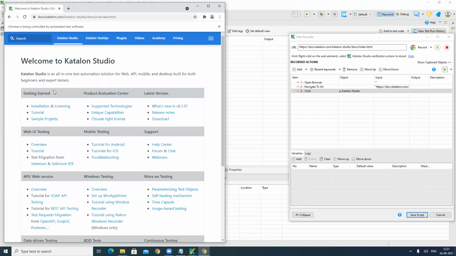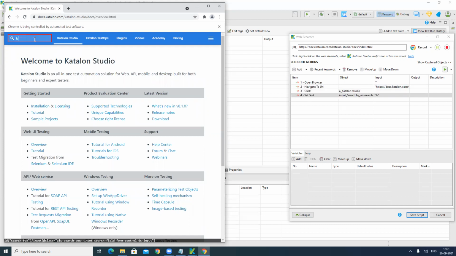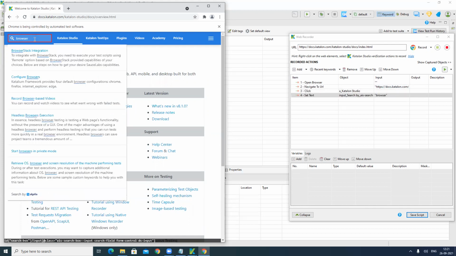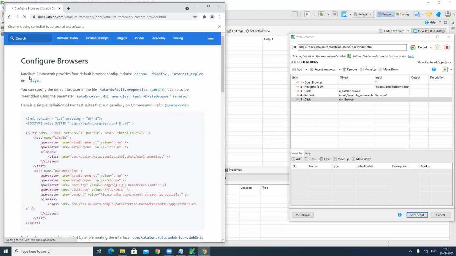So the action is being performed, and the required action is click action, and for that it automatically records the object also. And if you want to put any text in the input keyword, we will click on any one, like that.